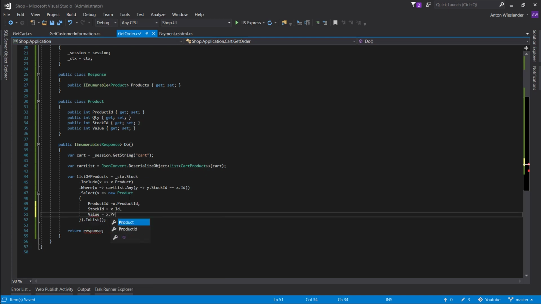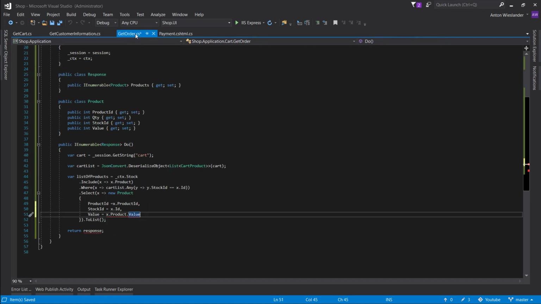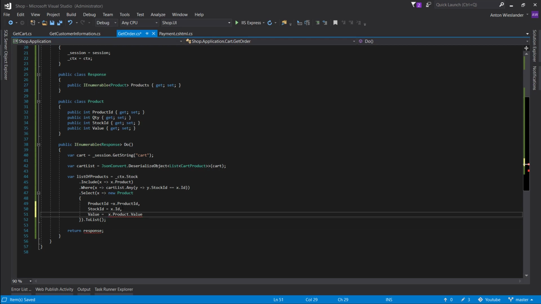Value is going to be x product dot value, and you've got to remember that it's a decimal. When we submit our payment to Stripe, this is $5, and you can see that it's an integer. So what we will need to do is, you can see that it's already complaining about the cast from decimal to int. So we will need to cast it to an integer, and we will have to multiply it by 100 to give it that sort of decimal